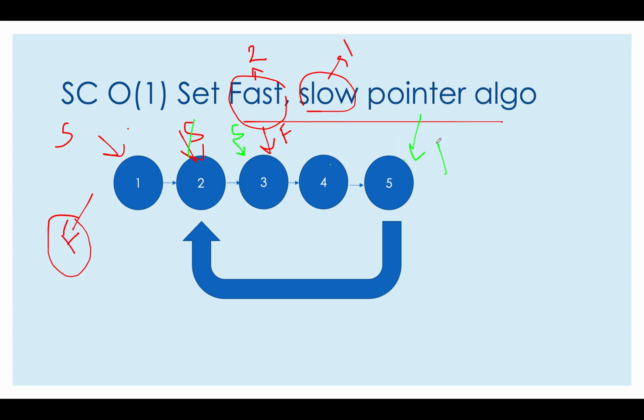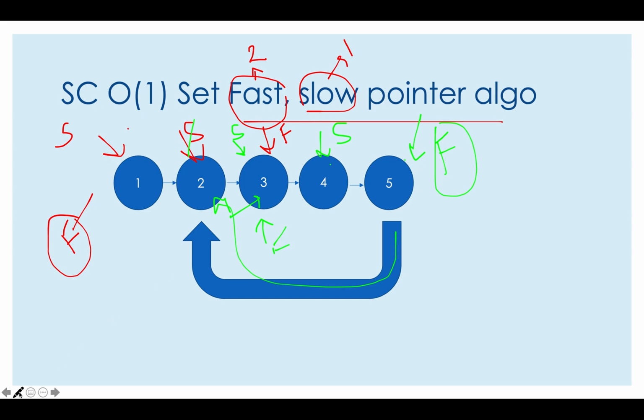So fast points to this place, and since both of them are not equal, and fast is not equal to the terminal state, we will again do this process. So slow moves by one place, slow gets here, fast moves by two places. So first is this and then this. So here is fast,